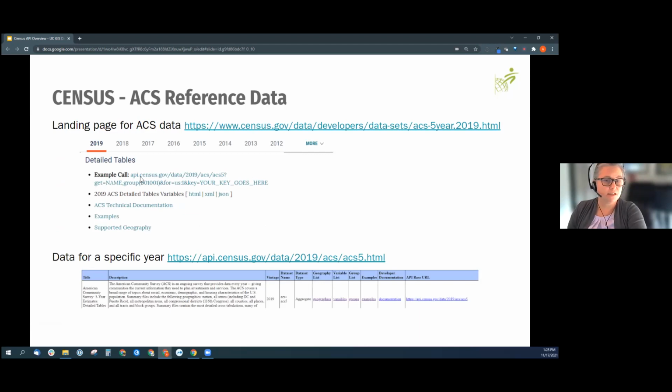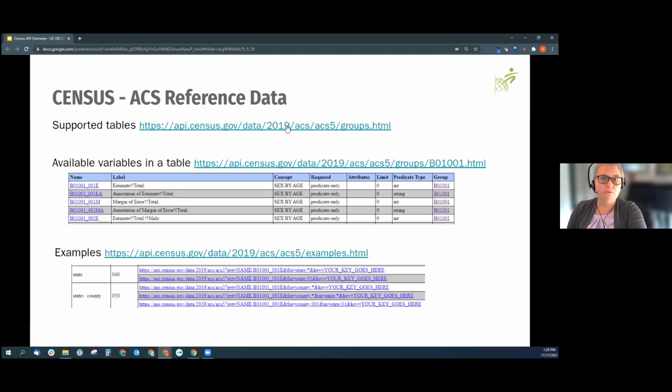So you could simply just put this into your browser window, click return and see what happens, and then start changing things and see how that all works. They also have the documentation. There are lists for every year, what variable is available. You can scroll through those. And then within those, you can see the very detailed information about what's available, including, as I said before, the